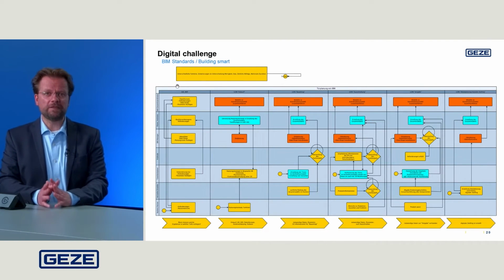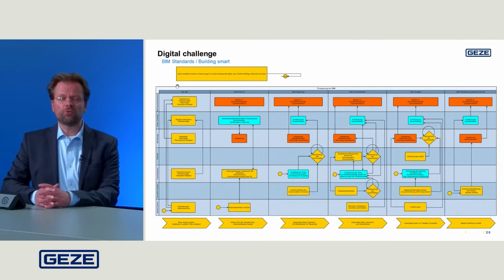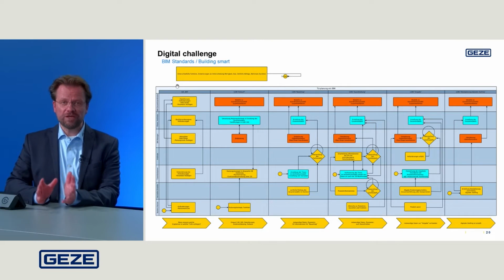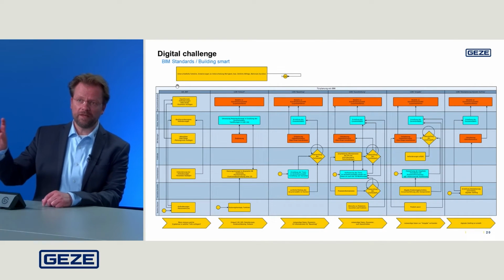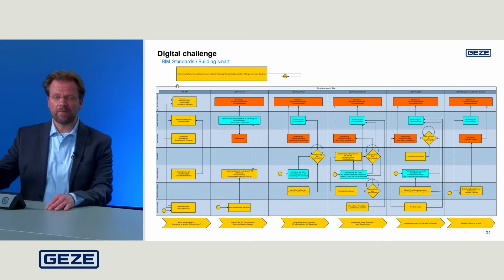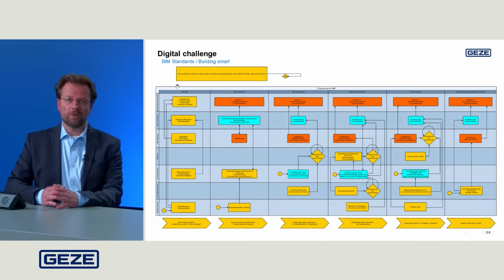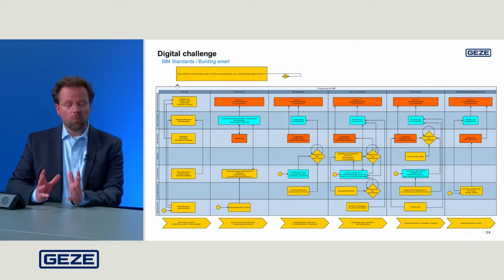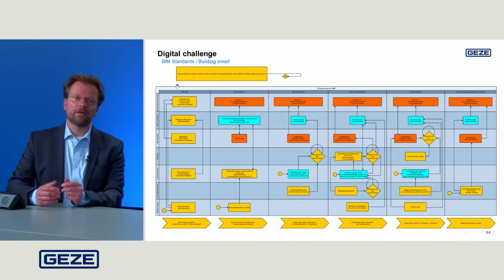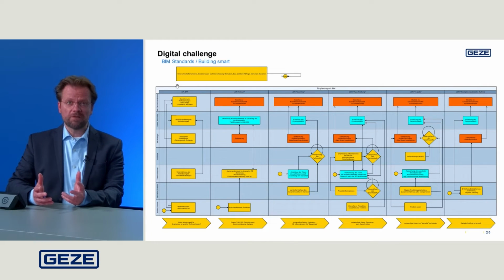I'm at the VDI in Germany, and we are creating guidelines for this BIM project or BIM process in door planning. So what you can see here is a swim lane diagram of just planning doors. Every swim lane is a team member, architect, BIM manager, and so on. And we as the producer are in there as well. So this swim lane diagram shows you when to talk with another team member. Where are the decisions made? When do we have to make them?